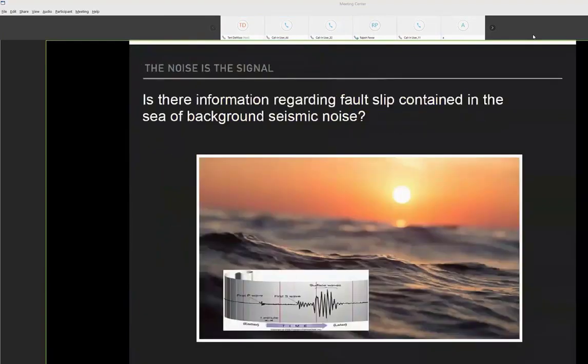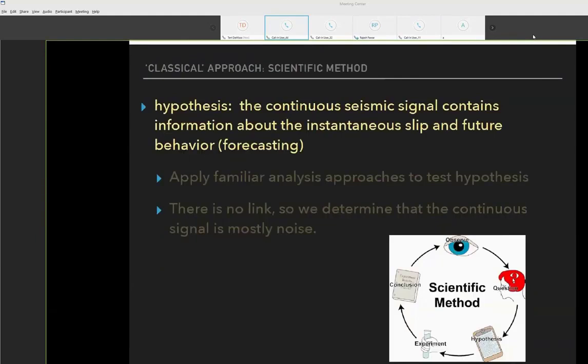Okay, so here's the basic question that we're posing for the vignette I mentioned regarding teasing out information from signals that appear to be noise. And in this case, it's seismic data. So typically when we look at seismic signals, we catalog data that contain a compressional wave, shear wave, surface wave, etc. And we use that catalog data to probe an earthquake source. We use that for imaging and other applications as well. The question we're asking is, what about the information contained in the signal that looks like noise preceding that signal that you've recorded and following it? And so over the next portion of the talk, I want to address that issue. Next slide, please.